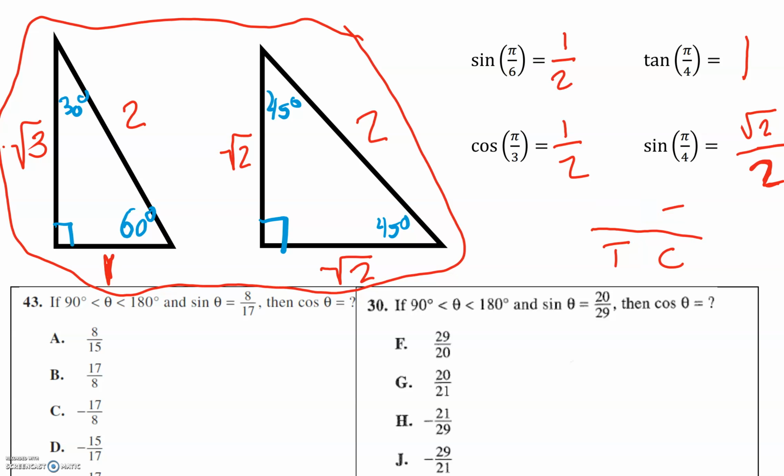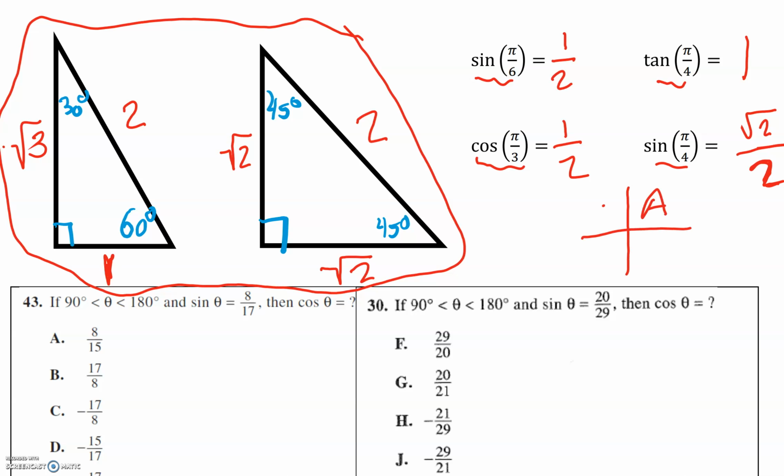All right, let me erase this. So you'll have to know everything that's in red. Now, we're going to do different trig stuff here. But on the left-hand side, those two triangles, you're going to have to know all that stuff. Okay? And also, we talked about